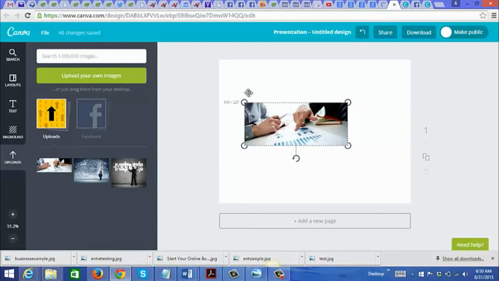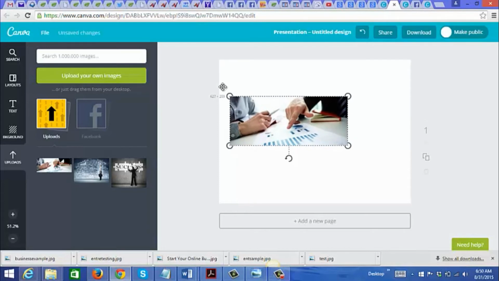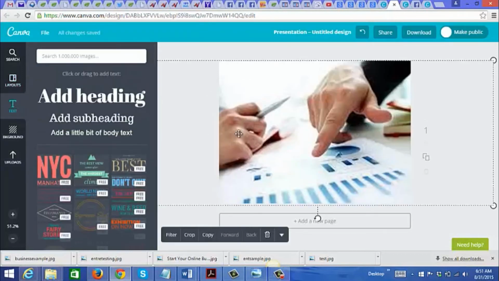Okay, and make sure that it covers the entire white canvas here.